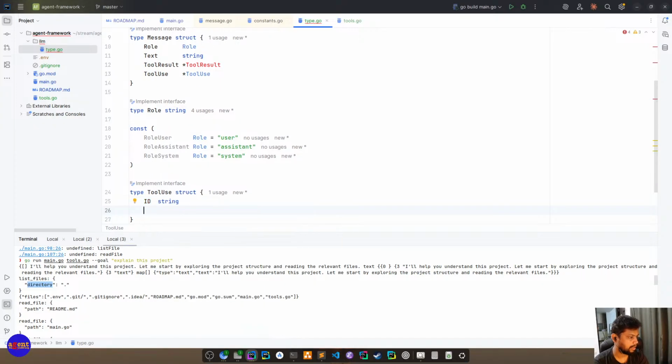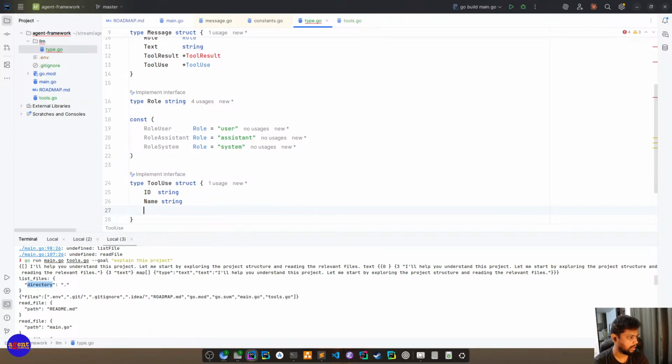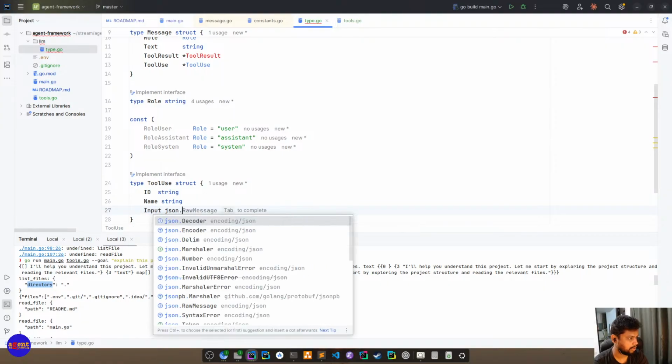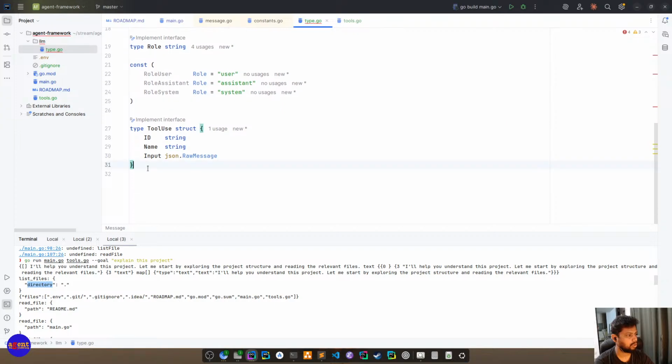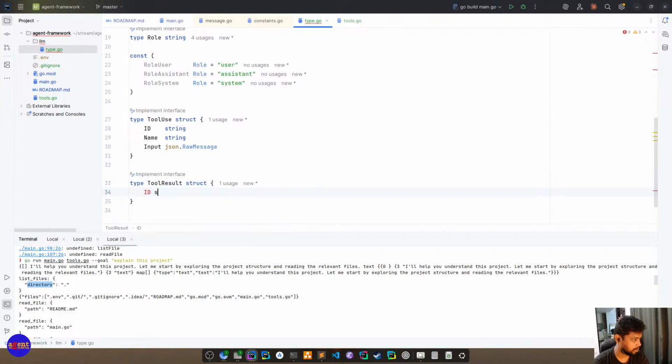We need the name of the tool. We need input, which is JSON or raw message. That is our tool. And what we return back, we need to return the ID, as I said. For now, I'm not adding JSON tags to it because I'm not really sure if we need to parse it.